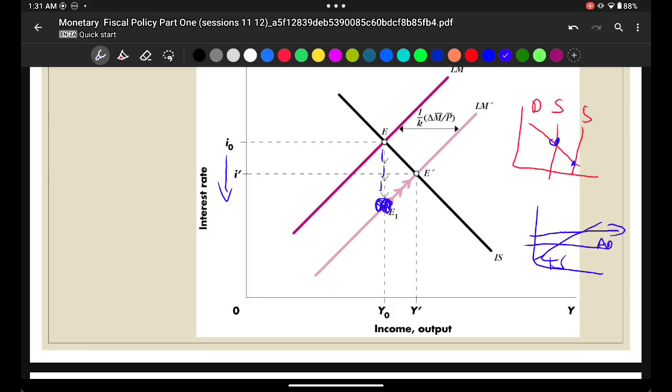Or you can think about it like this, right? The supply of money, more people are buying bonds, because remember the interest rate dropped. So when the interest rate dropped over here, right, that causes something here that happens in the goods market. That means the aggregate demand will shift up. If the interest rate drops, aggregate demand shift up. So because of where the interest rate dropped by quite a bit, this will cause now a chain reaction. The aggregate demand is going to shift up. So because the aggregate demand shifts up, what's going to happen? Think about it. The aggregate demand will shift up. That means your Y is going to increase to this Y.